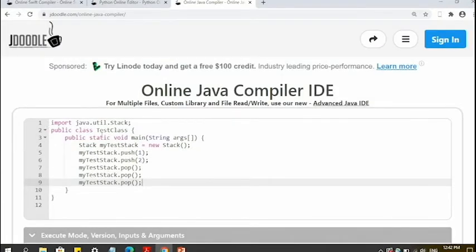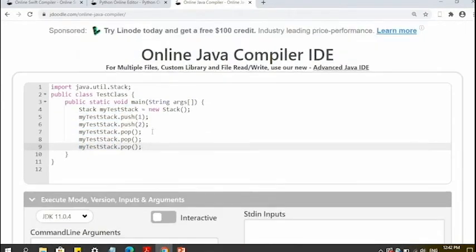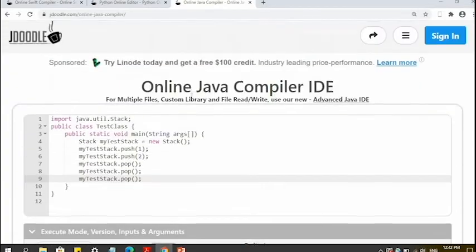This is my class, and this is the 9th line. The runtime stack maintains the stack where the error occurred first at 9, and then this, and then this. So the empty stack exception occurs in the util, and then it throws all the errors in sequence fashion. This is how the runtime stack works.